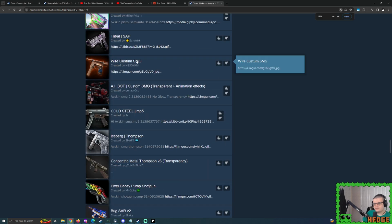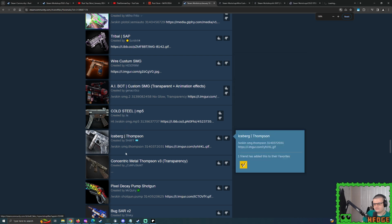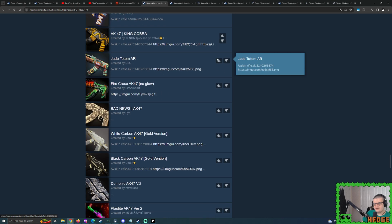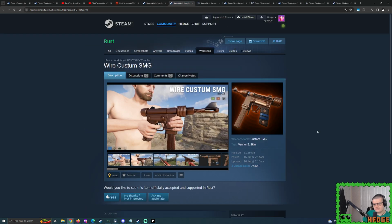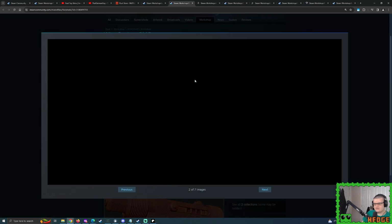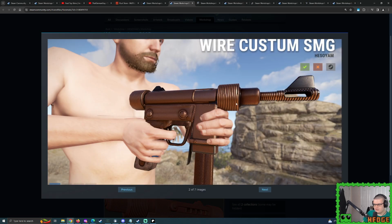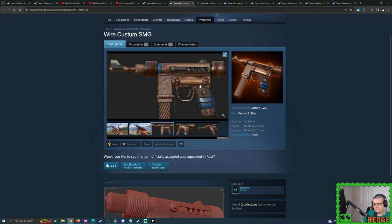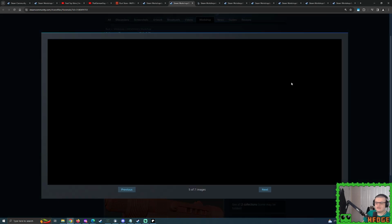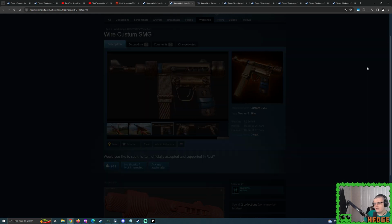Scrolling down, we can now talk about the likes of the SMGs, and then we can talk about Pump Shotgun, SAR, and then we have a ton of AKs to share. Right, so here's the Wire Custom SMG, sorry, SAM. If you get a good look at this on the side, it's all just bronze, it looks like. Oh, okay, it's all like wrapped up, like copper wire. Alright, fair enough, I can see what the design is. If you like what you see here, where's the aim down the sight image? If you like what you see here, feel free to go ahead and vote yes or no for the Wire